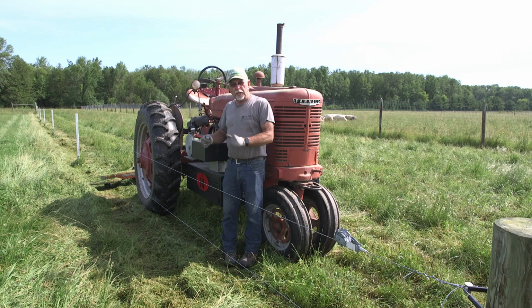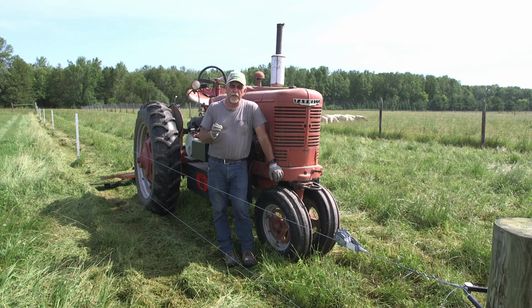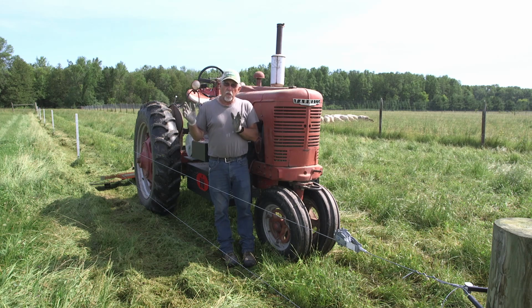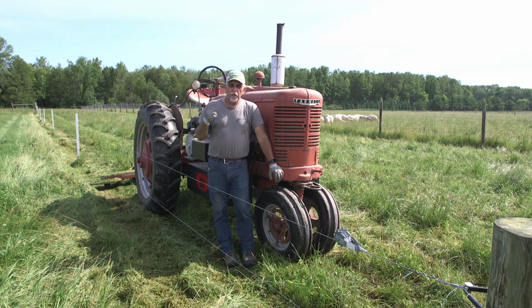The functionality of the tractor is now 100%. We've had no reliability problems whatsoever. It's worked 100%. But now we've got to see, is it economically viable? Does it actually make sense to run off electric off the grid, electric off the solar, or just buy fuel? That's going to be the ultimate study. So you have to stay tuned for future